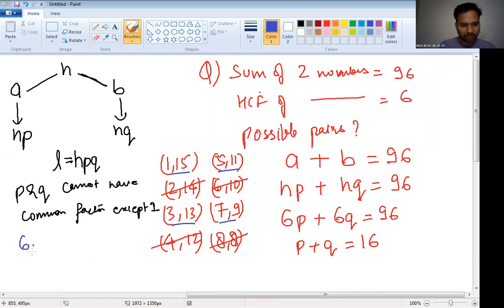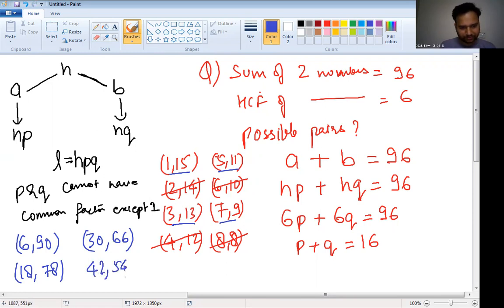ओके, सो इन सारे पेयर्स को मैं 6 से मल्टीप्लाई करूंगा, तो मेरे पेयर्स आएंगे 6,90, देन 30,60, 30,66, then 18,78 and 42,54। आप देख सकते हैं इसमें से किसी भी पेयर को उठा के तो उनका सम आएगा 96, HCF आएगा 6, करेक्ट।